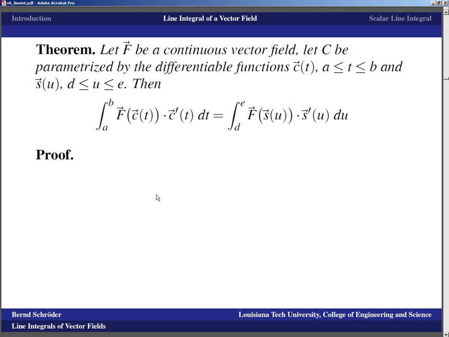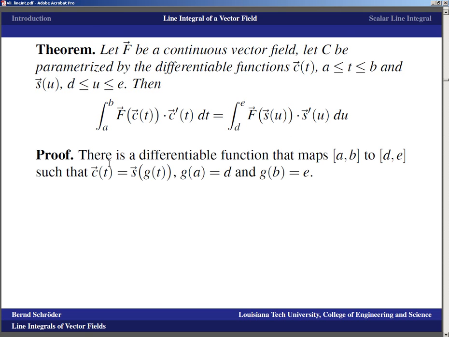The proof has a technical part which we will omit, because the crucial part, and that is the part that is really hard to prove, is that there is a differentiable function that maps the interval AB to the interval DE in such a way that C of t is S of G of t, with G of A equals D and G of B equals E. And that's a technical proof that is omitted. Basically, you have to go along the path using the parameterization C, and then going back along the path using the parameterization S, and then using this composition, which is a rather technical composition, and reverting things, that will ultimately give you this